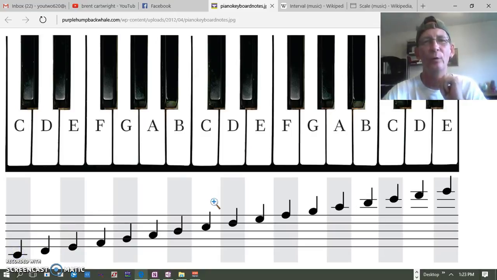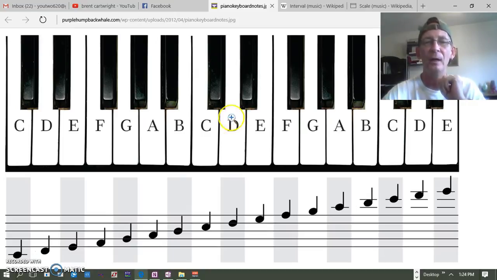Let's go over that one more time just to make sure you're on the same wavelength. From C to C, and this is the root of the scale, any scale you're dealing with, you want to look at those intervals from the 12 tones of a major scale. The major scale goes whole step, half step, whole step, whole step, whole step, half step. And the reason why you're basing it off that major scale is so that no matter what